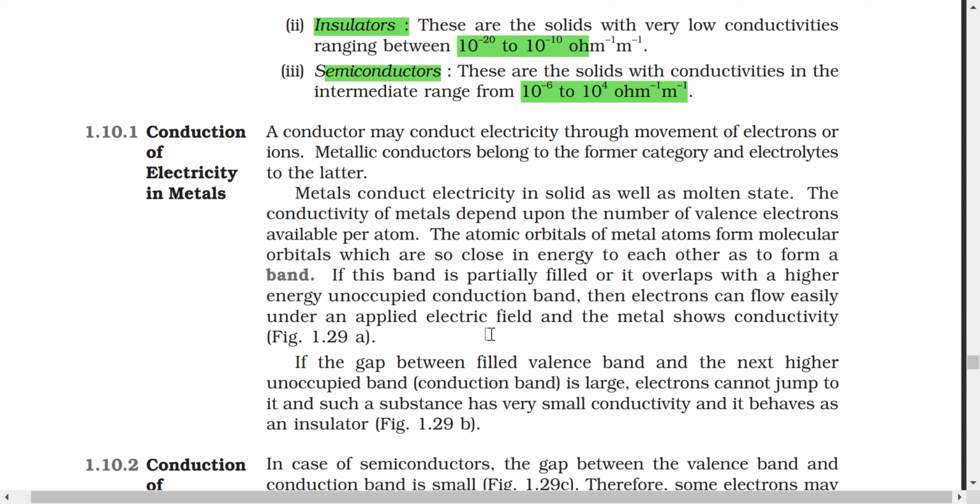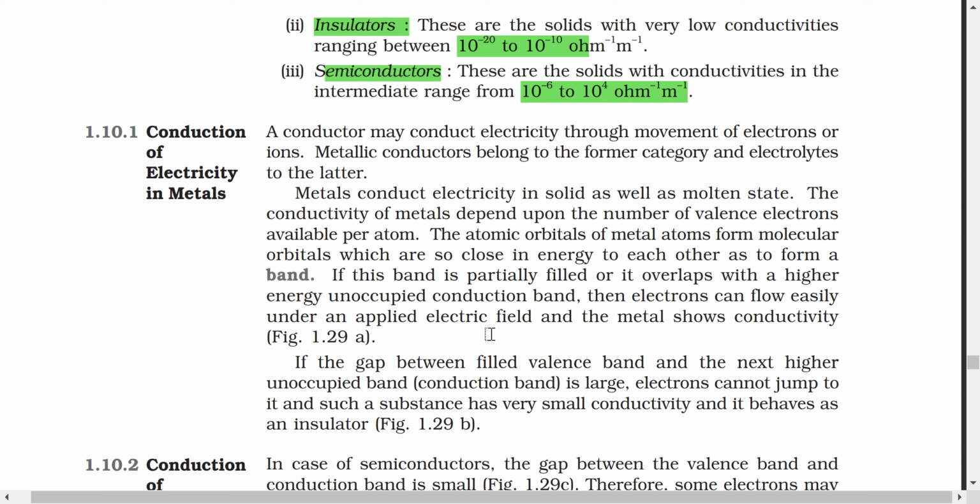The atomic orbitals of metal atoms form molecular orbitals which are so close in energy to each other as to form a band. If this band is partially filled or it overlaps with a higher energy unoccupied conduction band, then electrons can flow easily under an applied electric field and the metal shows conductivity. ठीक है, अब इसने in terms of atomic orbitals बोला है, metal atoms में जो molecular orbitals बनाते हैं वो इतने close होते हैं energy में कि वो bands बनाते हैं, ठीक है।